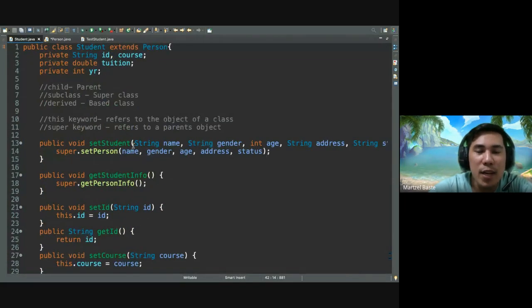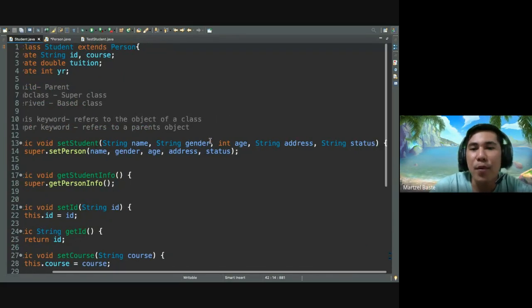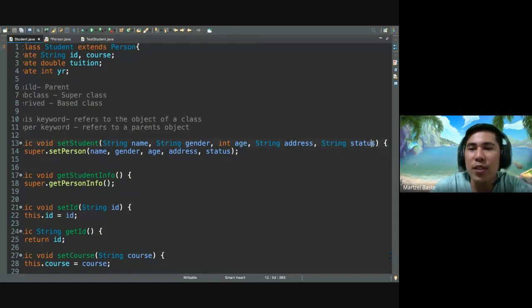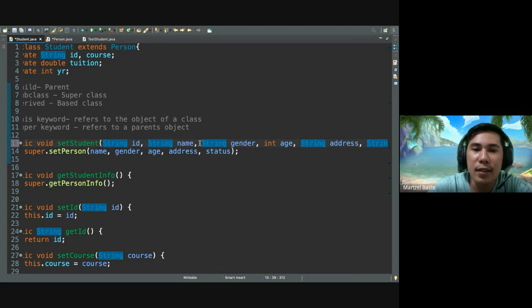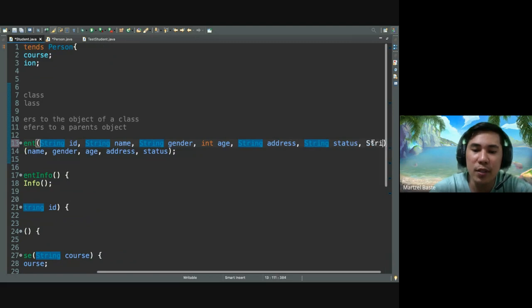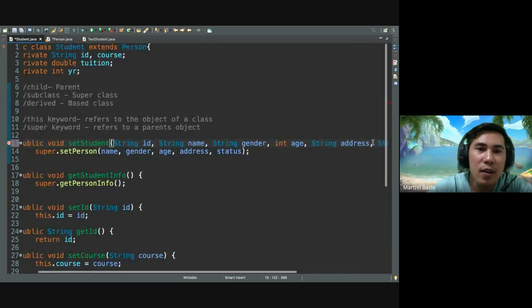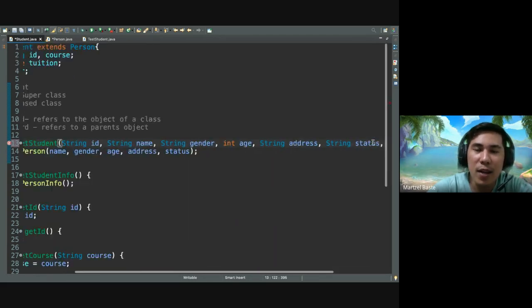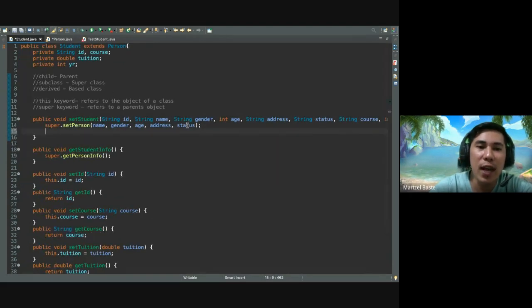So of course, pwede ka na magdungag diri sa imuhang set student, no? So example lang maghimo kag dungagan nimo ni siya diri og ID, okay? So string ID, ayan. And then name, gender, tapos dungagan nimo course, okay? And then year. Sample lang, dungagan nimo ang year in year. So it's up to you kung dungagan nimo na and then make sure lang na dapat, okay, you will have here